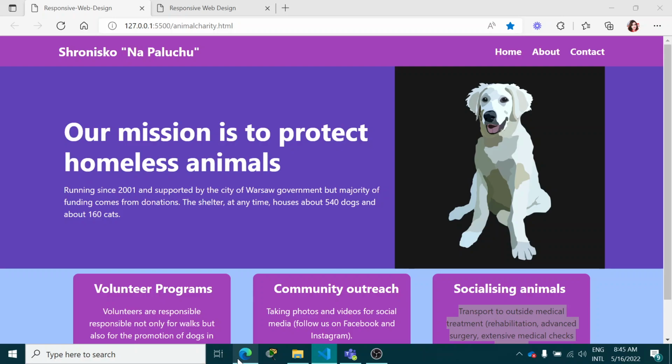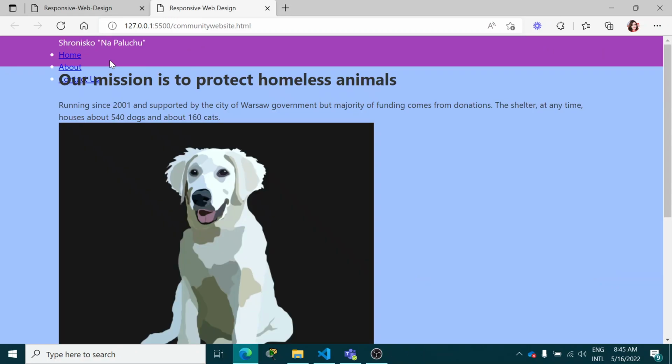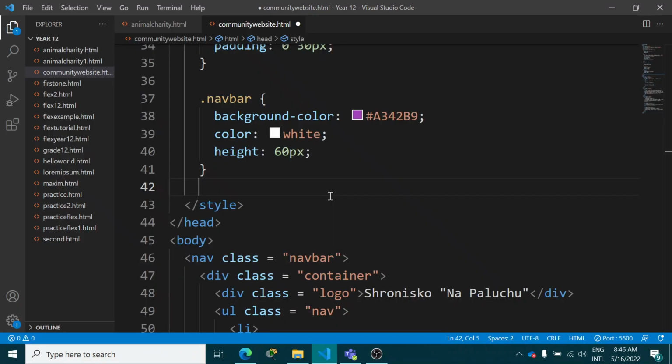Of course, these things, logo and all, I'm now going to style. Okay, so I have achieved that using navbar. Now what I need to do here is, if I want my logo and my list items to be aligned in a sort of a row, I need to set the flex direction, or maybe use a flex container here. Okay, so if I go back to my coding in here,